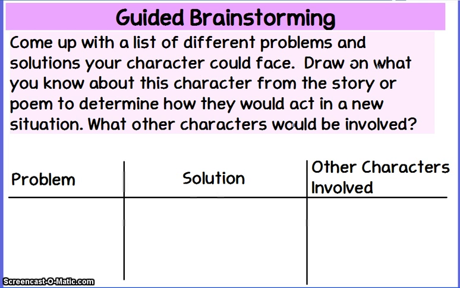So these are some of the things you want to think about. And to brainstorm some possible story ideas, we're going to use a 3-column chart. In your left column, you're going to put some possible problems or conflicts that your character can face. In the middle, you're going to come up with some possible solutions to those problems, which could end up being the ending of your story. And then in the final column, you're going to come up with the additional characters that you're going to include in that story. You want to come up with a few different story ideas, not just one.